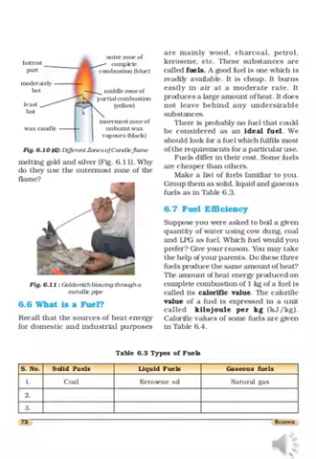Now, there is a table given. You can see types of fuels. You can fill that in. Solid fuels, examples: coal, wood, dung cake or cow dung. Liquid fuels: kerosene, petrol, diesel. Gaseous fuels: natural gas, then LPG, liquefied petroleum gas, and biogas. So these are all examples of three different types of fuel: solid, liquid, and gas.